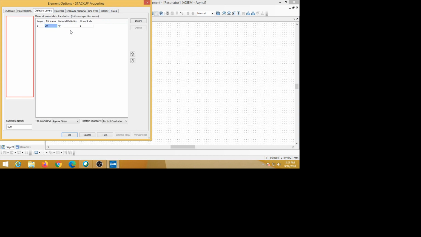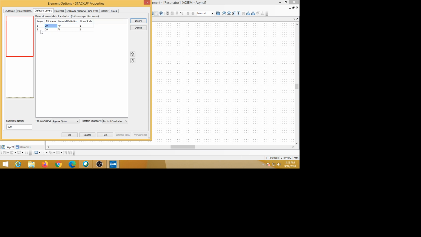Okay, it will come here, this way it is appearing. What we have to do, in the dielectric layers window, is click over insert. Okay, here in the insert, there is air, that is the first one, 20. Layer 1 is air, and that is needed. Above the structure there must be air, and it has a permittivity of 1. You can see the properties in the small window. It is layer 1, air has a permittivity of 1, and we defined the height as 20 mm, so we keep that as it is.